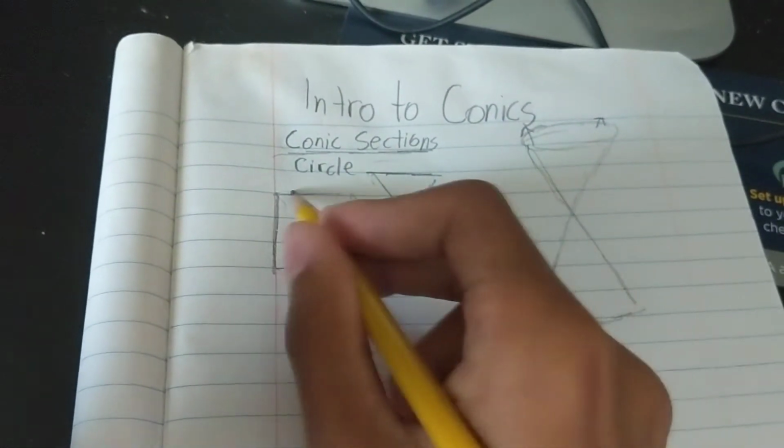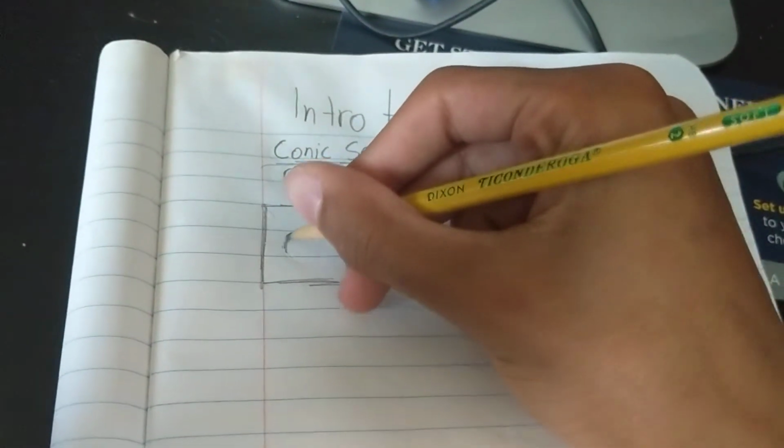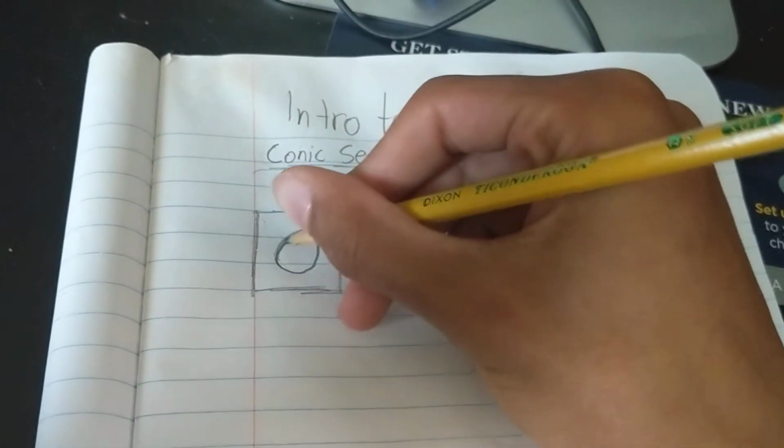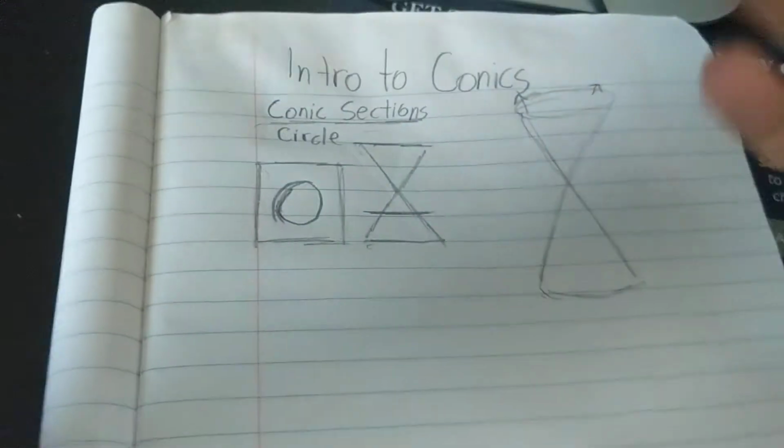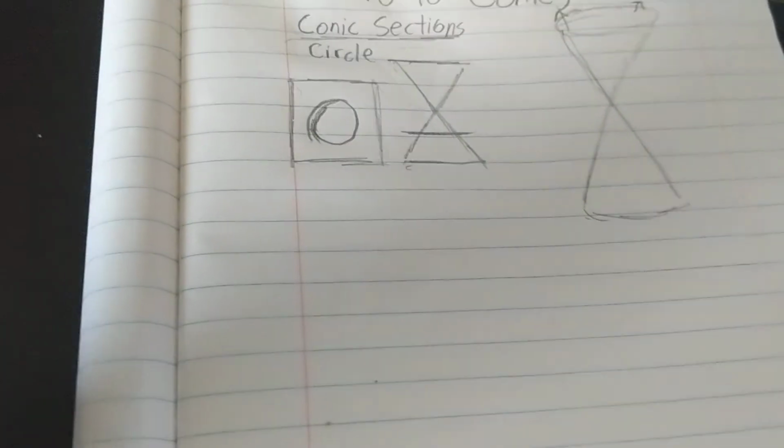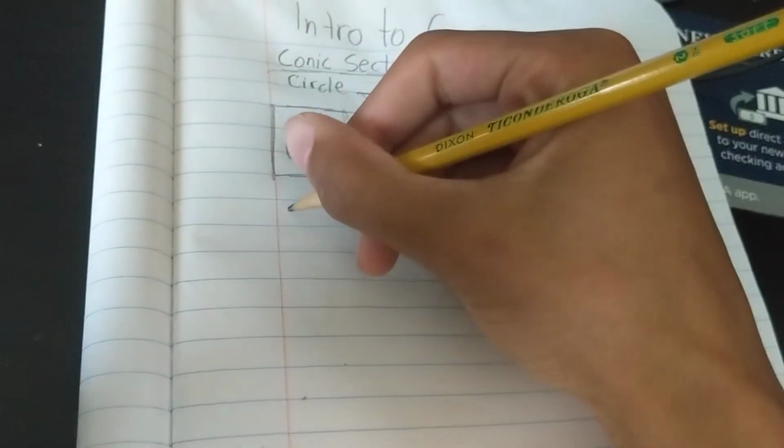first of all, we'll draw the plane. You would get a circle, a perfect circle actually. You wouldn't get what I just drew here. And so the next conic section we get is the